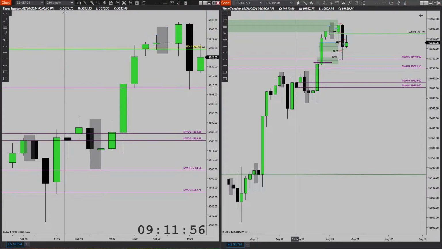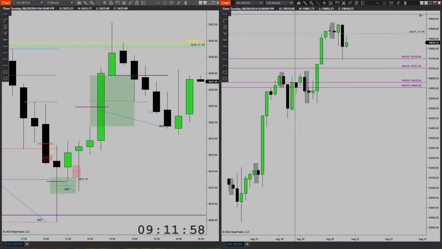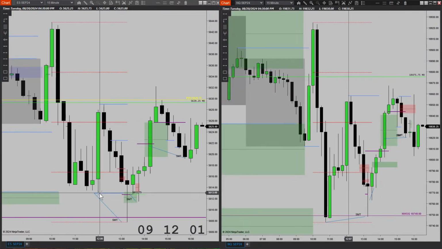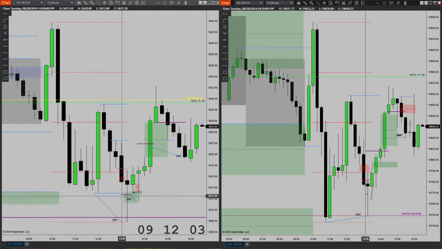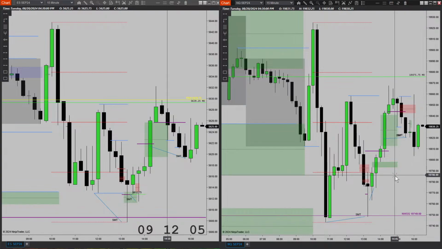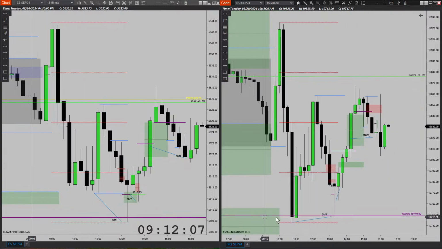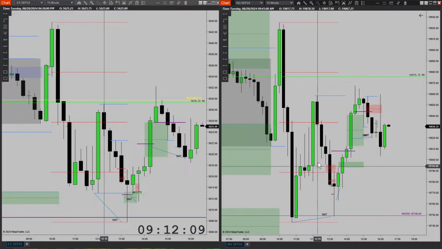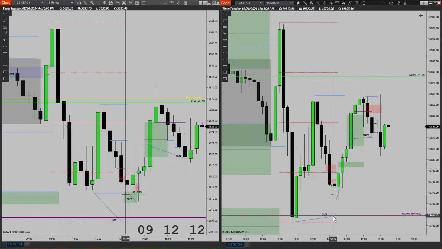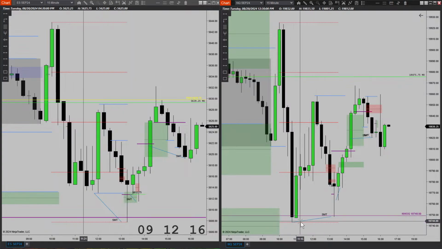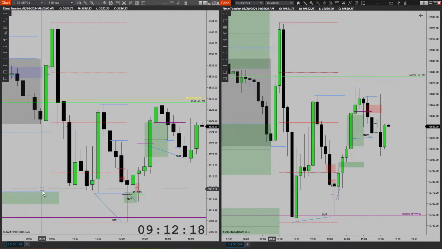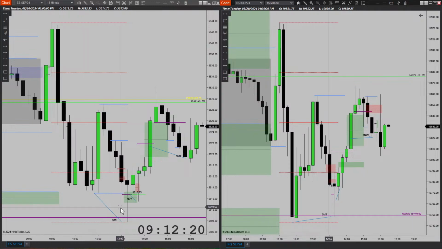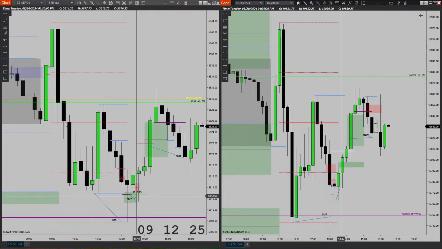And so I began to look for an entry. On the 15-minute, once we had that SMT, we also noticed that price swept this low, and so this was a lower low. On NQ, however, price obviously did not draw into that 4 hour, but it did draw into this low here, but here price did not sweep this low. So that, again, that's SMT on the higher time frame, SMT on the lower time frame. Technically, this is still SMT at the higher time frame, and so I began to look for an entry here.